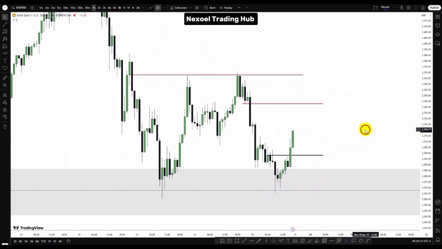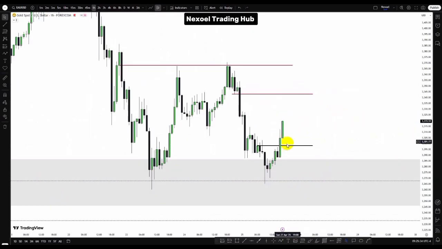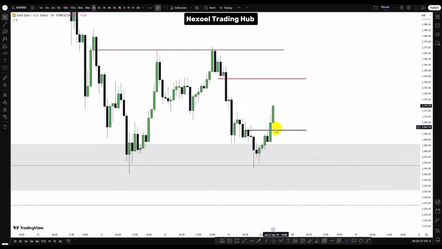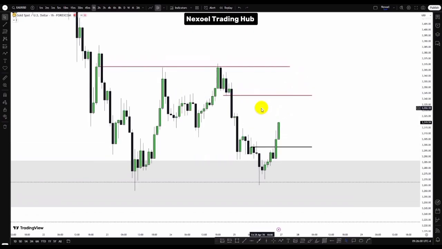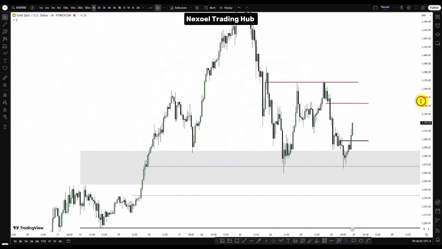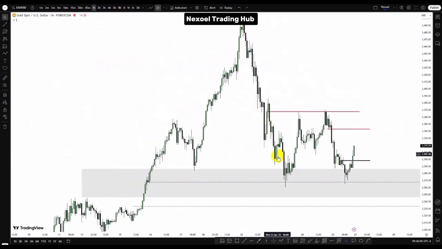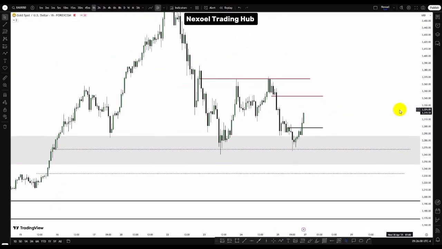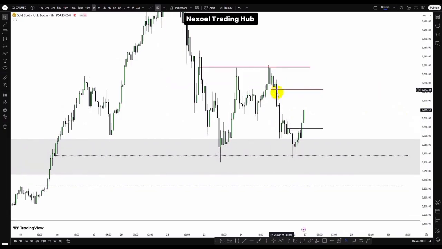So if price is going to give us a sense of a pullback, what we are going to look at is how price reacts at this zone. We could see how price reacts here, with the possibility that price may give us a buy model to trade bullish into this bearish fair value gap, or price may just continue bullish into this fair value gap zone. So if you're looking at a bearish possibility because of this bearish delivery to the downside, then you want to see if price gives you a bearish model here,